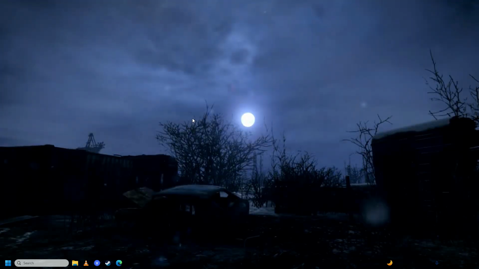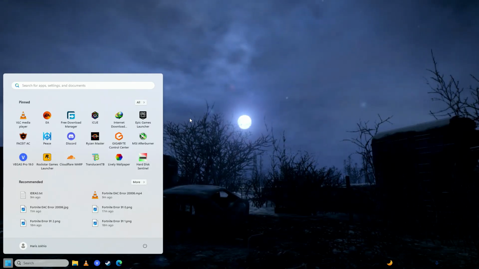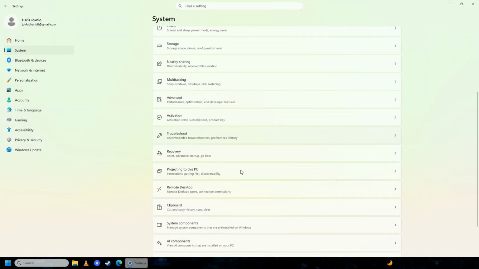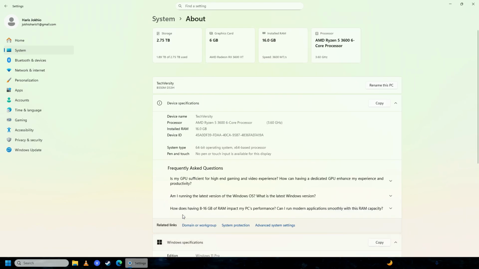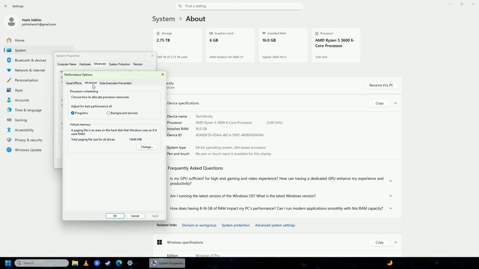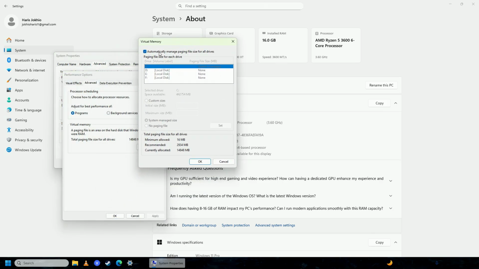So first of all, what you're going to do is open up your start menu and write here "my computer," and here you're going to go into System, scroll down, go into About, and click on Advanced system settings. Go into Advanced, click Settings, go into Advanced here again, click Change, untick "Automatically manage paging file size for all drives," click Custom size,